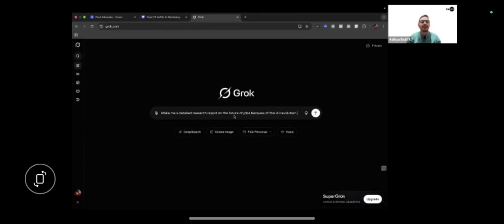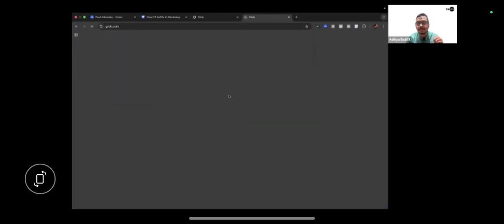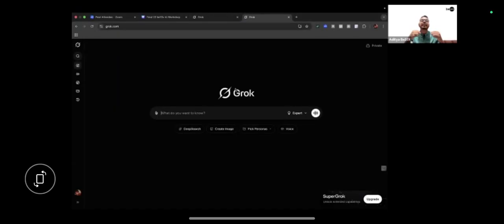So what we'll go ahead and do is open another Grok window and try to give a prompt in the magic prompt formula. So guys, when you have to enter a prompt in the magic prompt formula, what do you need to do? You need to break your prompt into 4 parts. What are these 4 parts?